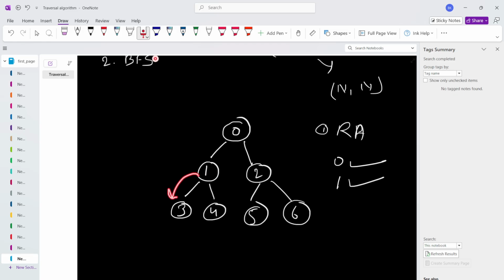This is unvisited, so we will go for 3. Now go for 3 and mark 3 as visited. So now what are the adjacent nodes of 3? The adjacent node of 3 is 1, but 1 is visited, so we don't go that side. No other adjacent nodes are present, so we have traversed all of these. So we call backtrack for this, and now go for the other adjacent nodes of 1,